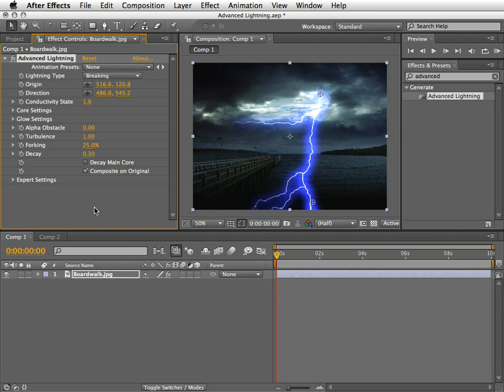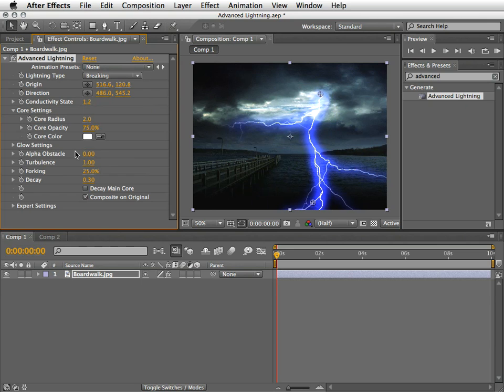Next we have the conductivity state. This will change the path of the lightning and it's very easy to animate this value for a quick and fun animation. Under the core settings, you will find various characters of the core of the lightning such as radius,